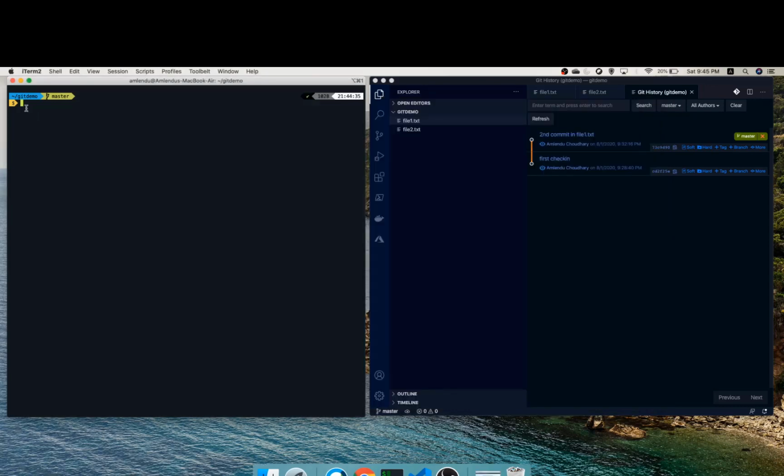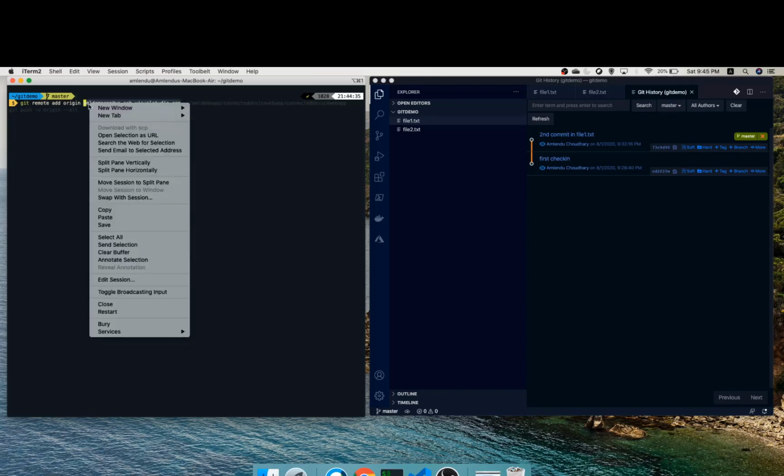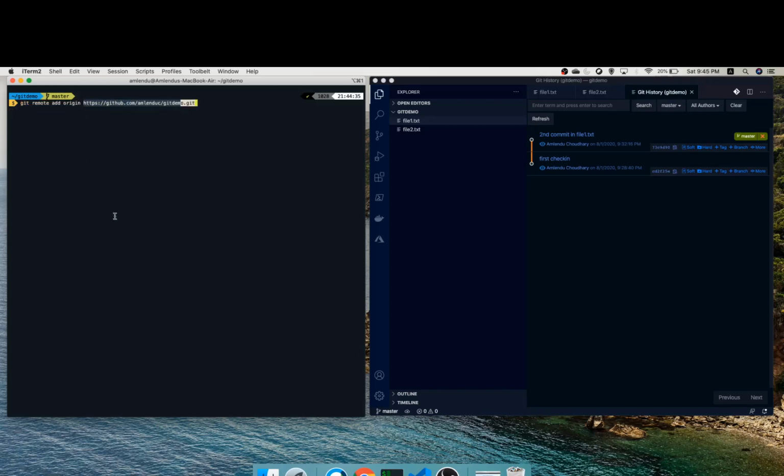The command is git remote add origin, and then we give the address of the remote repository. So as you can see, now we are able to add our remote repository.